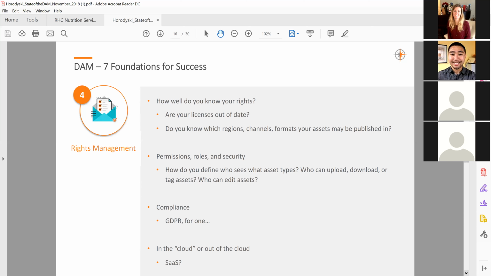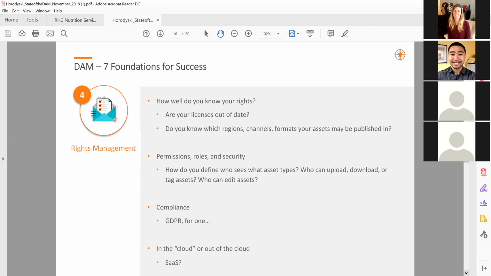When you think about rights management, you need to be thinking about all those types of issues, what we would like to refer to as permissions. How do you define what you can do with something, who can see it, what they can do with it, etc. The other one I wanted to mention to you is concerns around compliance. Many organizations need to have metadata and certain rights associated with their assets so they are able to comply with legal restrictions that perhaps the FDA or other federal bodies are pushing onto the assets, in that they must comply in certain situations.